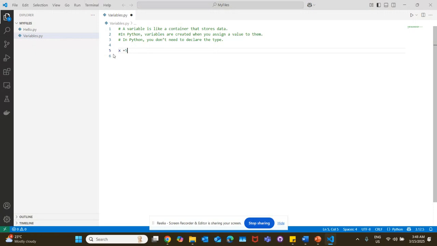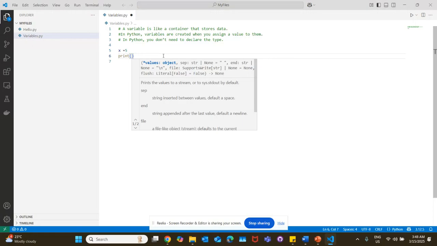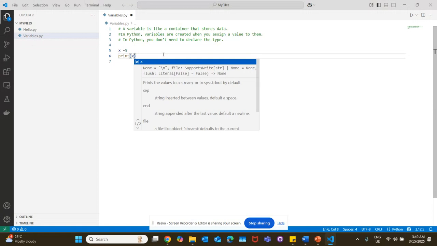If you want to display the value of this variable, just write the print function and within the parentheses write the variable name x. Now we need to save our code first